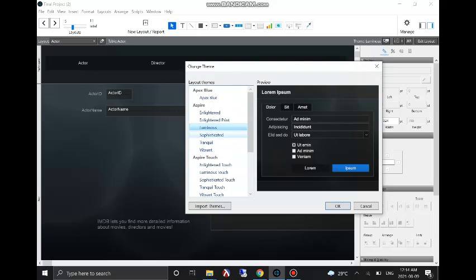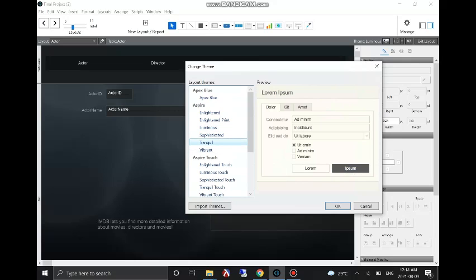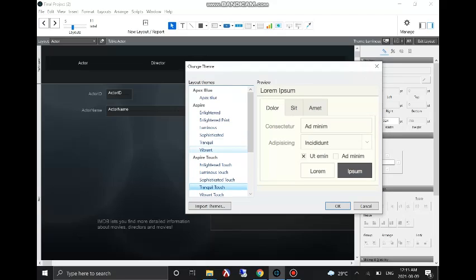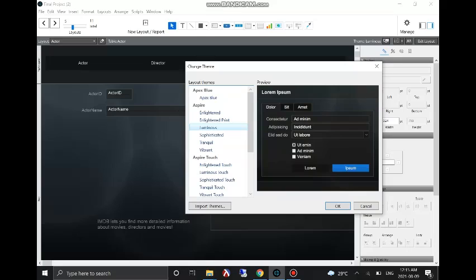So for example, we could choose between a tranquil type theme or a vibrant theme, or a tranquil touch, but I decided to go with luminous because it gives it a more sophisticated edge and it's easier on the eyes and appealing, and it also complements the data that we've added for our particular database